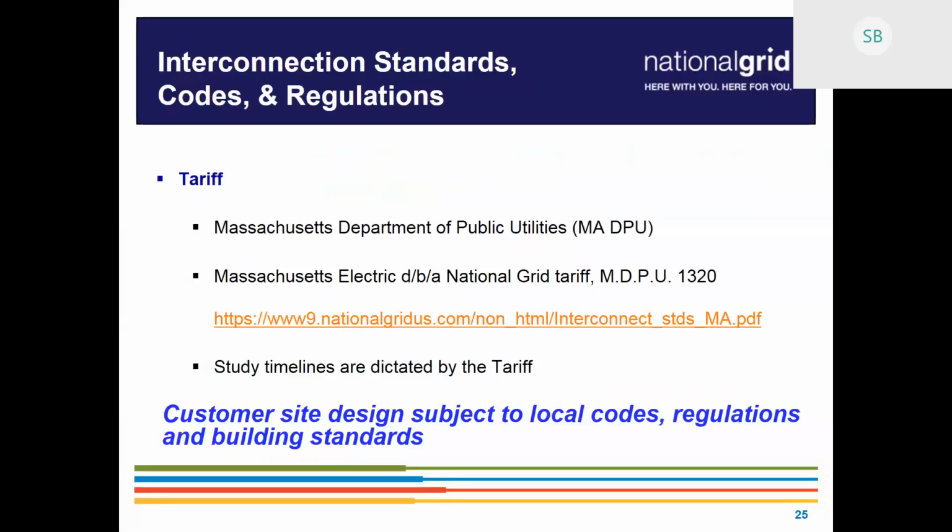The second timeline is the 55 business day deadline, where we have to deliver the final report out to you. In the past, a lot of you have seen that those reports come out with the executive summary. It'll have a list of customer document modifications that have to be achieved before we can go through the ISA, kind of cleaning up documents or things that might be incorrect, or that we need to clean up on the plans. Those are actually now being sent out prior to the 55 business day, with the intent of making everything a little bit more streamlined going forward, right?